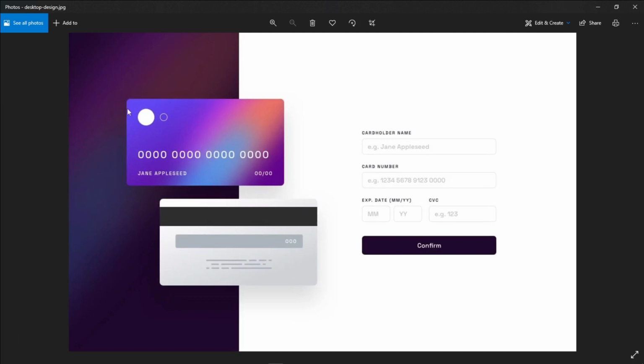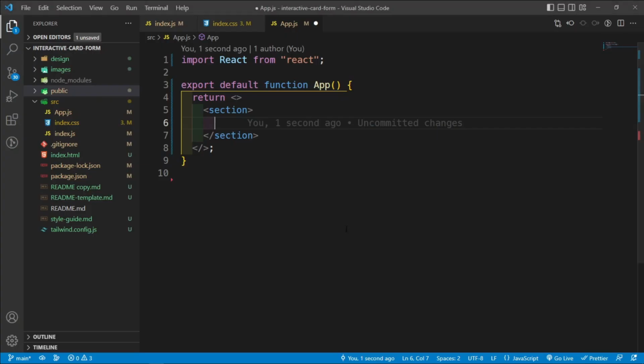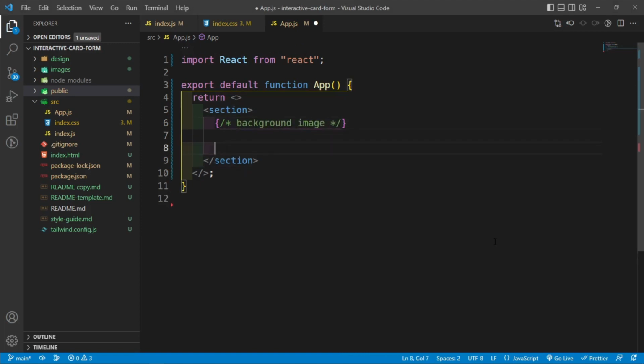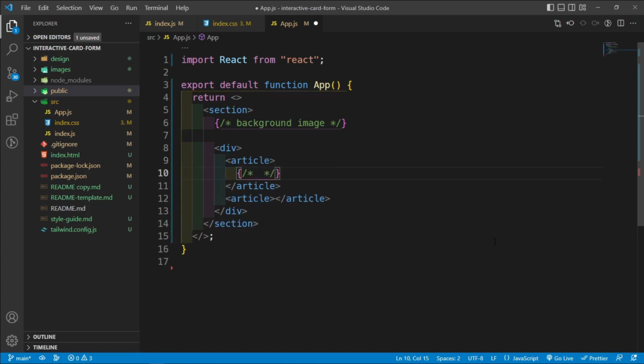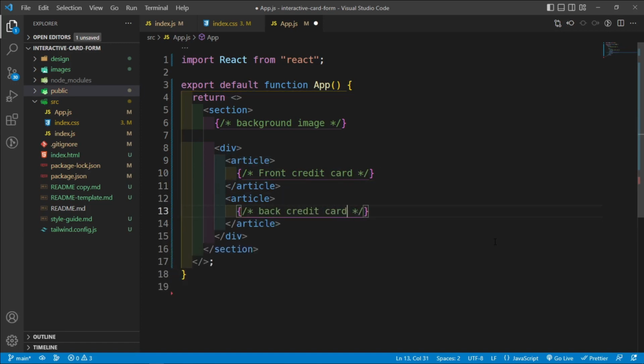So the parent section, and then the parent div for these cards, and then we're going to have articles for these cards, and then we're going to have a form. So let's go ahead and do this. Inside this section we're going to have a background image here, just so that I don't forget, and then we're going to have a div, and this div is going to have 2 articles. So copy this down. The first article is going to be the front credit card, and the second article is going to be the back credit card. And then once we have that, then we're going to go,